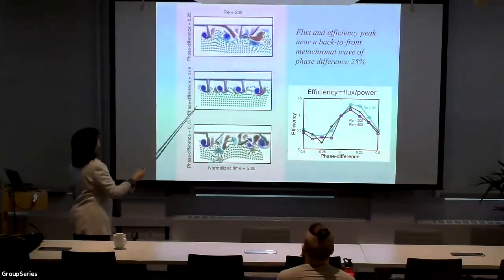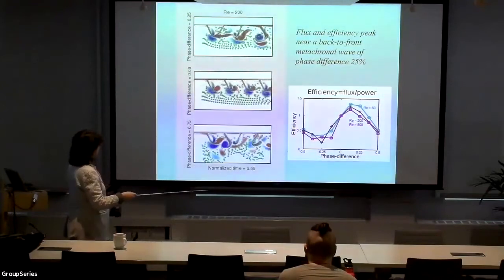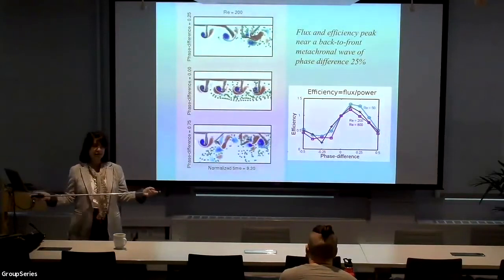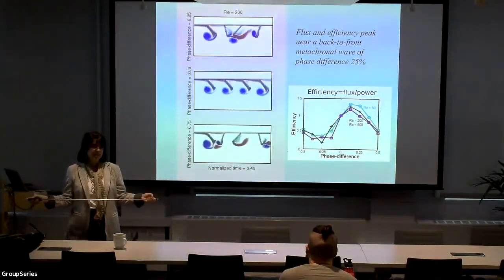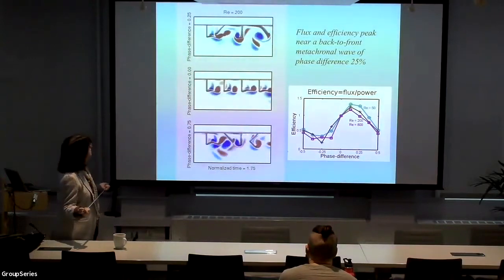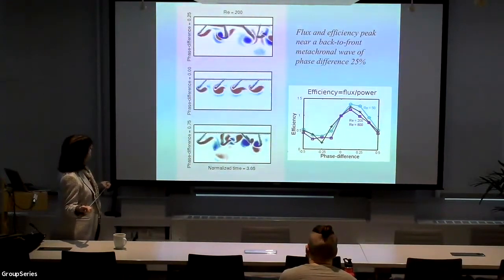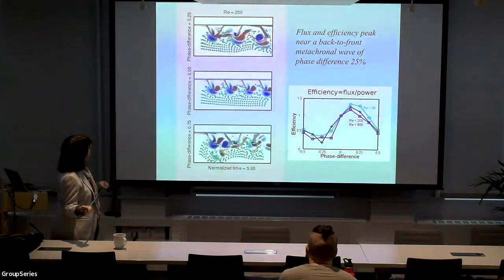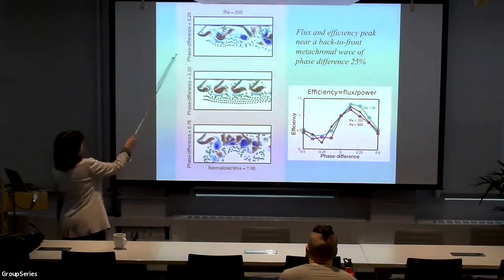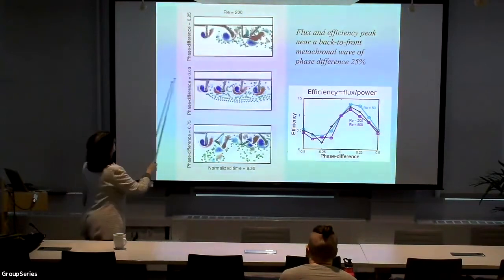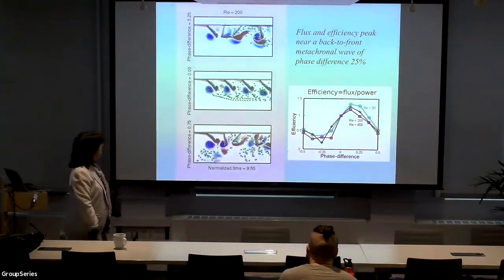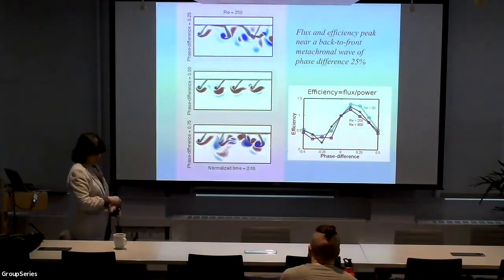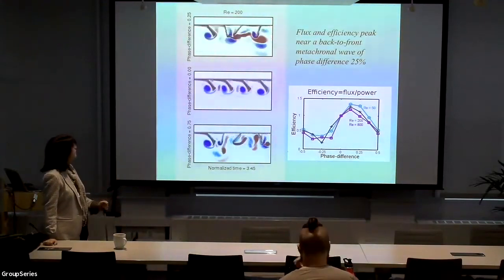Here, there's a phase difference from front to back, and there's a phase difference from back to front. Rather than looking at these guys swimming, they pinned it down and looked at the pumping mechanisms. And so you see, after it settles into a nice state, they put a bunch of fluid markers. There they are. And here, the guy would be swimming this way, so the most efficient swimmer would be the one that pumps enough fluid in the back. And they saw that the arrangement of this particular phase shift in the metachronal wave gave rise to the most